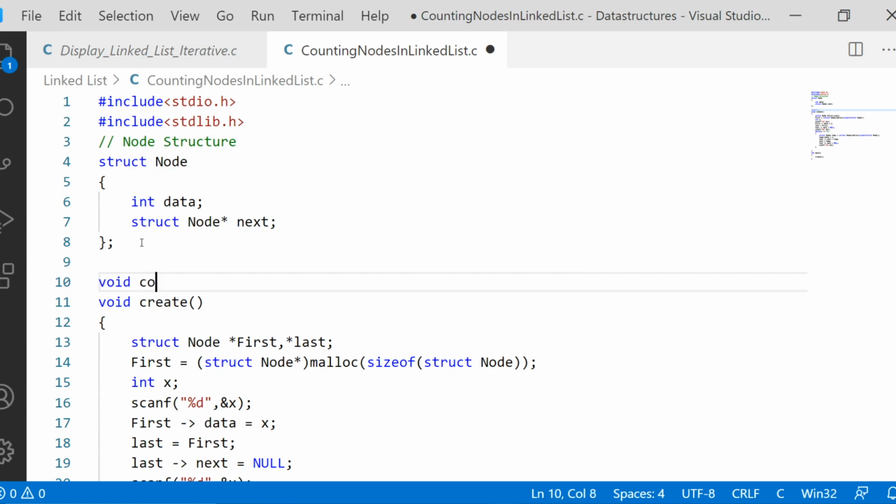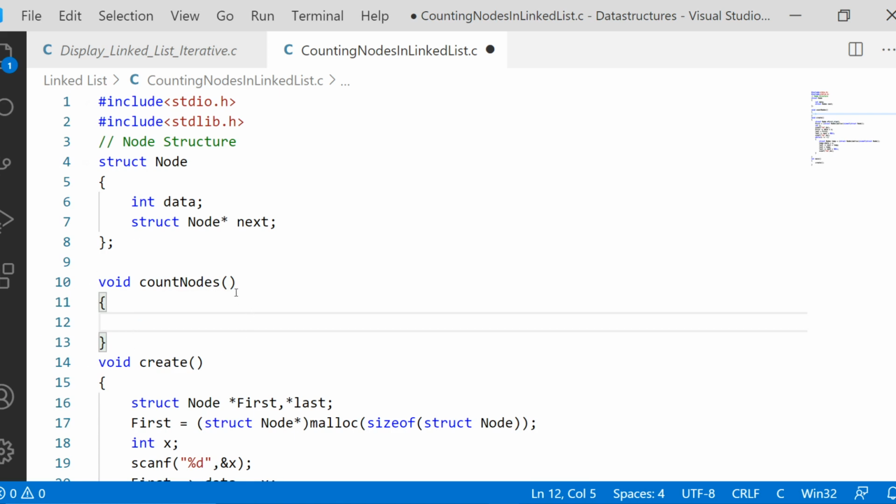So we are going to take a function called count nodes. What are all the arguments required by the function called count nodes?